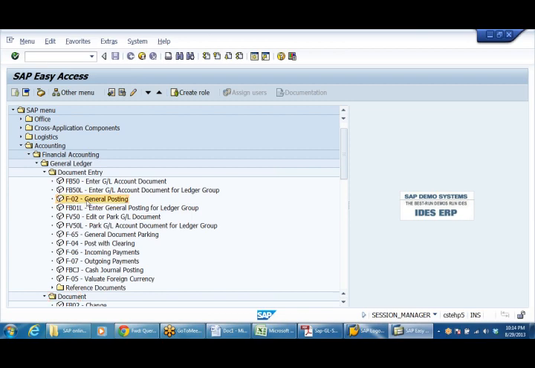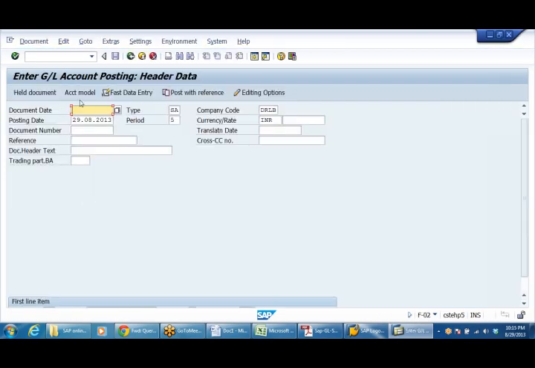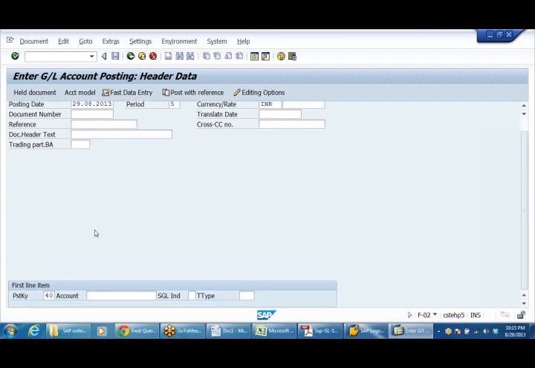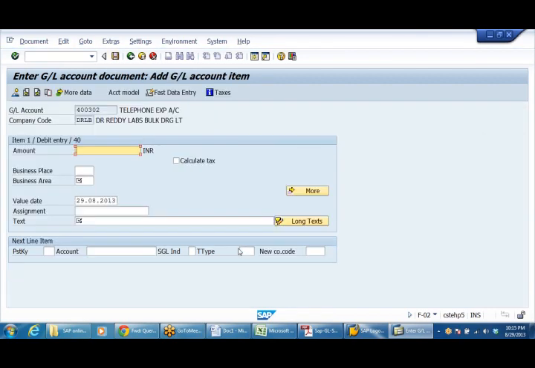See, whenever we are posting an accounting entry here, you can use F4 and F2. Say office rent 400, 302 telephone expenses. See, the system is asking you for business area, text.